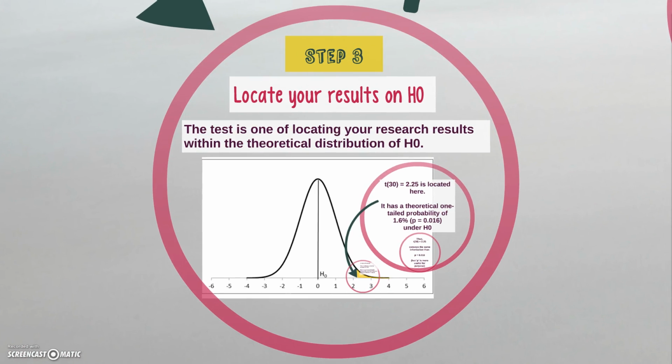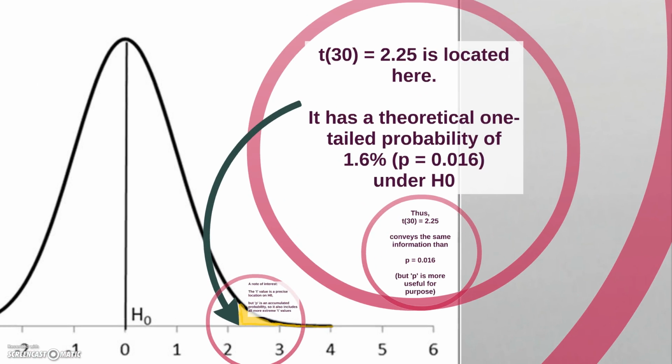Once we have the distribution, then the only thing that we need to do is to locate our research data within that distribution. And this is pretty much what the test does. So our original research data of 2.25 t-scores is located at that particular point in the distribution of the null hypothesis. What is perhaps more interesting to us is to know its associated probability, which is 1.6%, one tail in